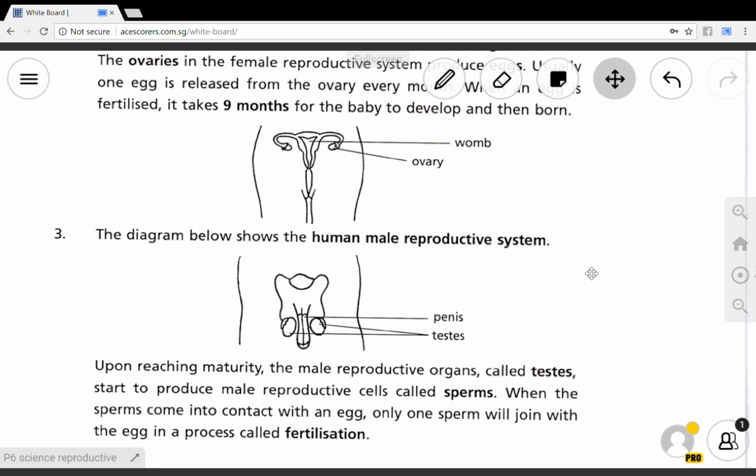You understand? If there's only one egg that's fertilized, it's just one baby. But sometimes you have two, sometimes three, sometimes six. Is that even possible? In America, the biggest number was 8. So the lady had 8 babies inside. Yikes! Right. Yeah, okay. It's possible.